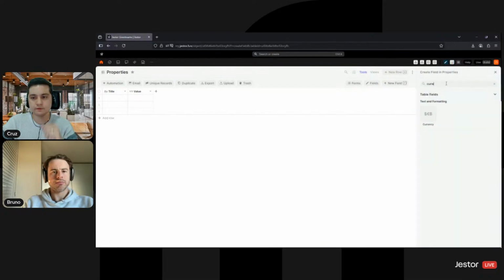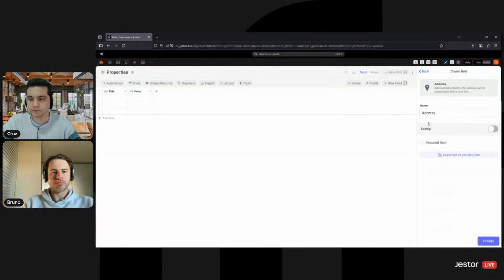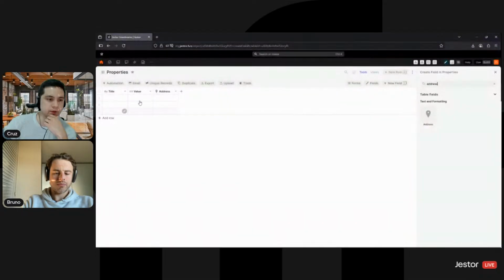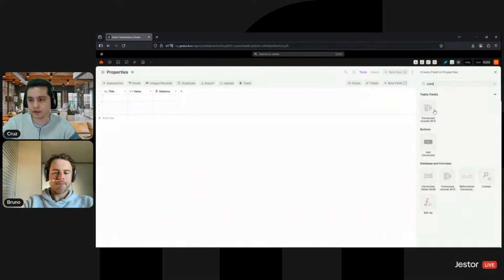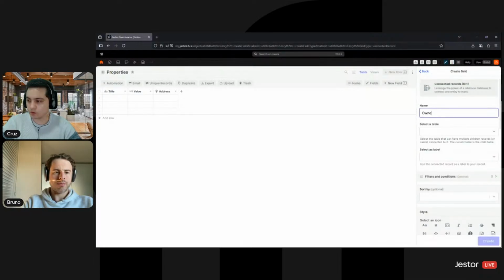We have an address, and this is a field that connects automatically to Google Maps, so it's a little bit easier to work with. So we have title, value, address, and we're going to add a connection to a specific owner, right? So we're going to have a connection field to an owner,